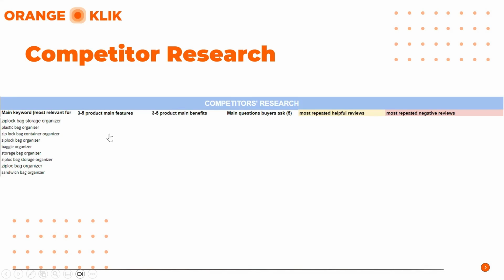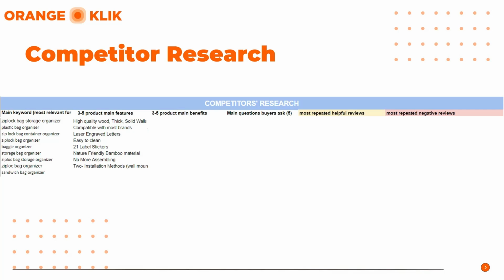So the 3 to 5 product main features of the direct competitors that I chose are: high quality wood, thick solid walls, compatible with most brands, laser engraved letters, easy to clean, and 21 label stickers. So that means a label for sandwich, for fruits, for vegetables. Those labels are what these stickers are meant for. Then nature-friendly bamboo material, no more assembling, and 2 installation modes, like wall-mounted, and it can be put into a drawer.